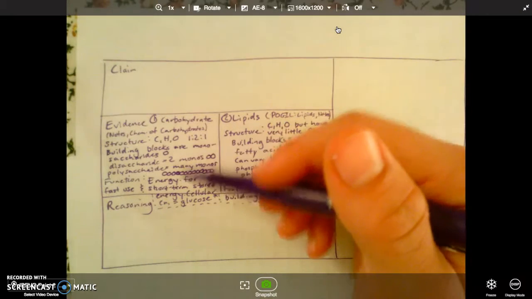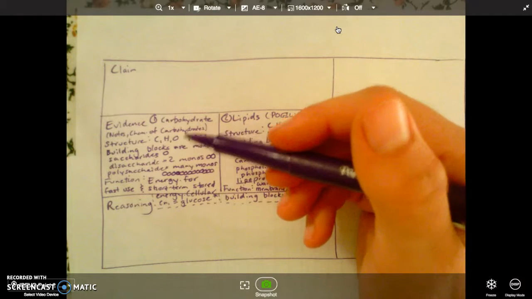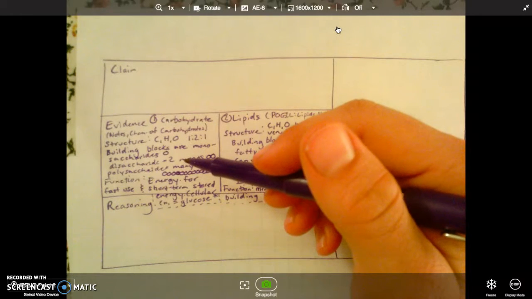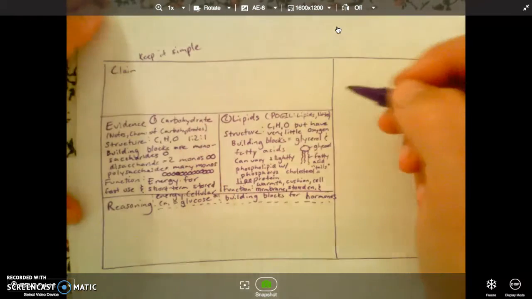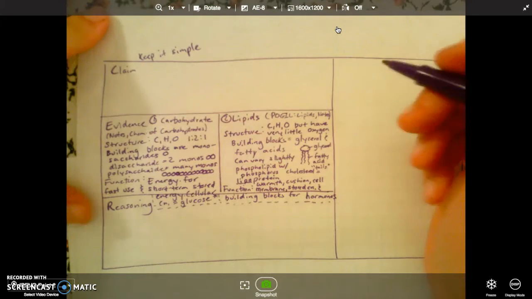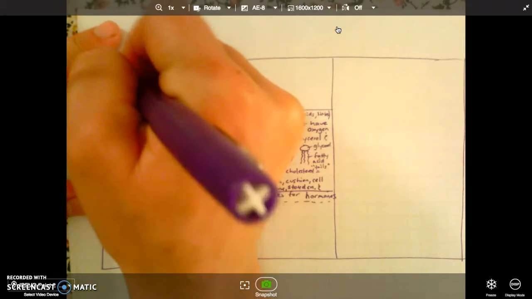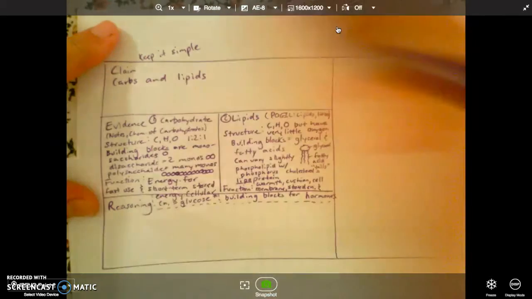So now I have my evidence, and now it's time for me to move on to my claim and my reasoning. Generally what I do is I try to keep the claim super simple. So I'm going to write up here, claim, keep it simple. Okay, so this one says compare and contrast carbs and lipids and their structures and functions. So I might write something like, okay, so carbs and lipids, let's see, structure and function